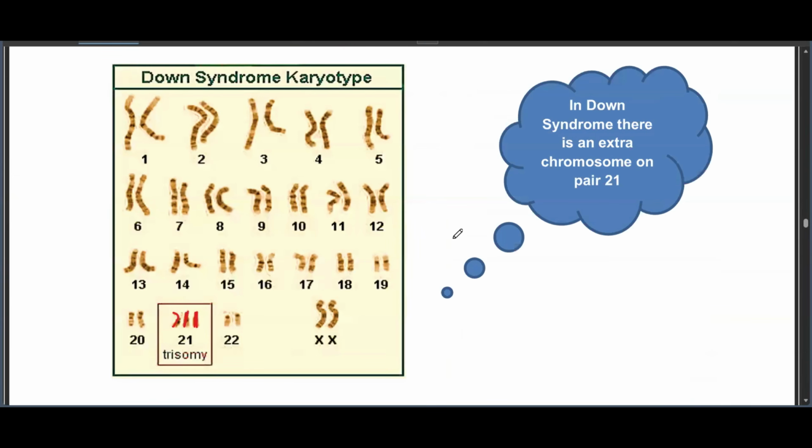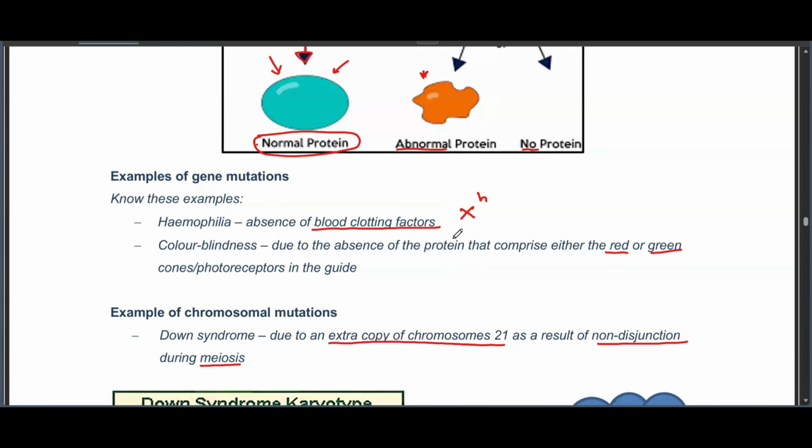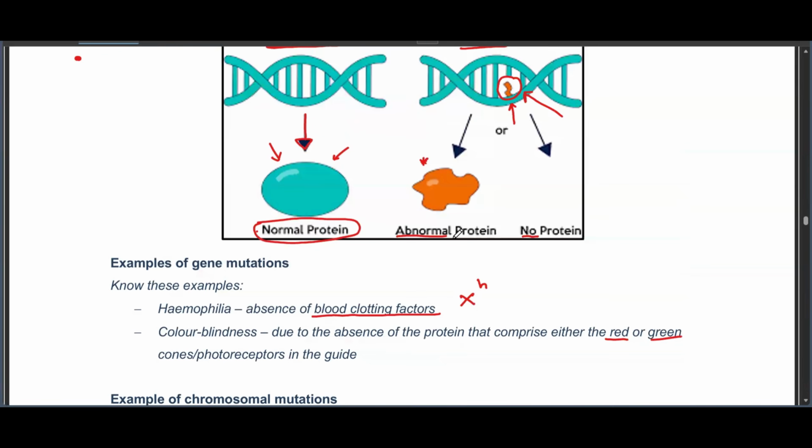You guys should just understand this. All right, these are gene mutations, chromosomal mutations. They can be lethal. That is what we need to know. Let me just add a couple of things here. So mutations have got two ways here. Some mutations can be helpful, but some of them can be harmful. Some of them can be helpful, some of them can be harmful.